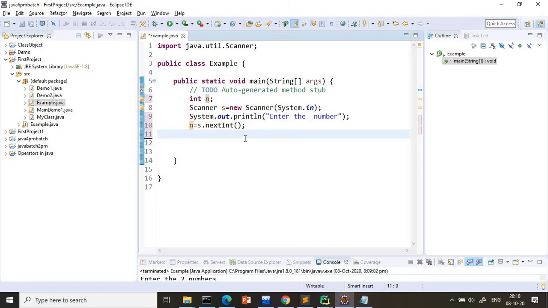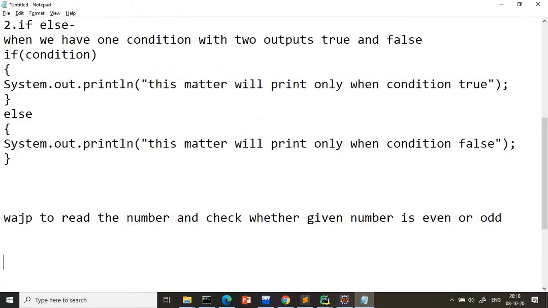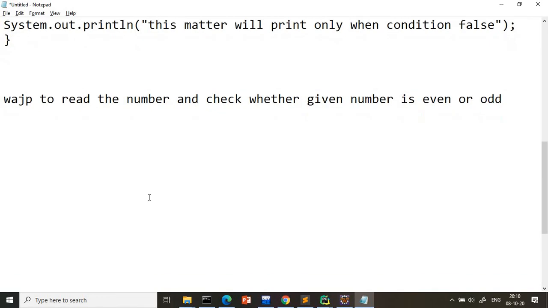Okay. Now here, what do I have to do? Here I will write if n modulus 2 equals 0. In the operators class I explained in detail about modulus. Modulus means it will give you the remainder. Those who are not aware of the modulus, just quickly I am explaining, just see it here. Let us say I am writing 11 modulus 2. What is the remainder? Remainder means the left part, 1. Two fives are 10, what is left? 1. So that is the remainder.